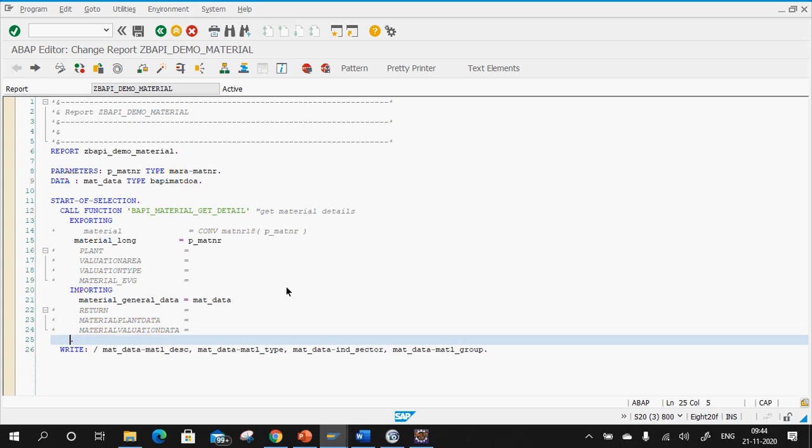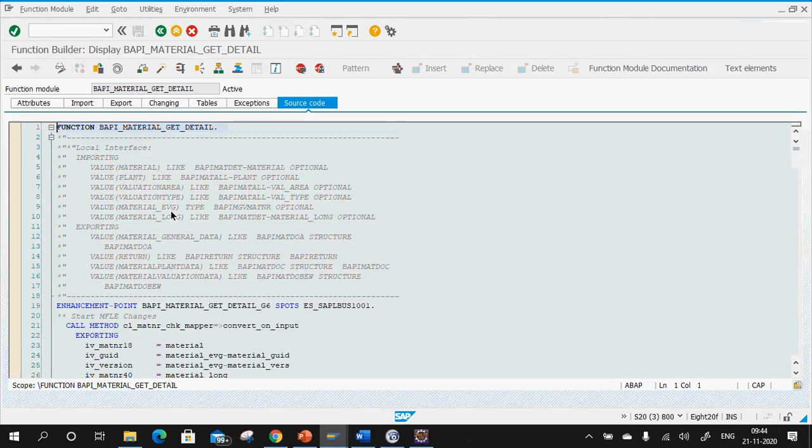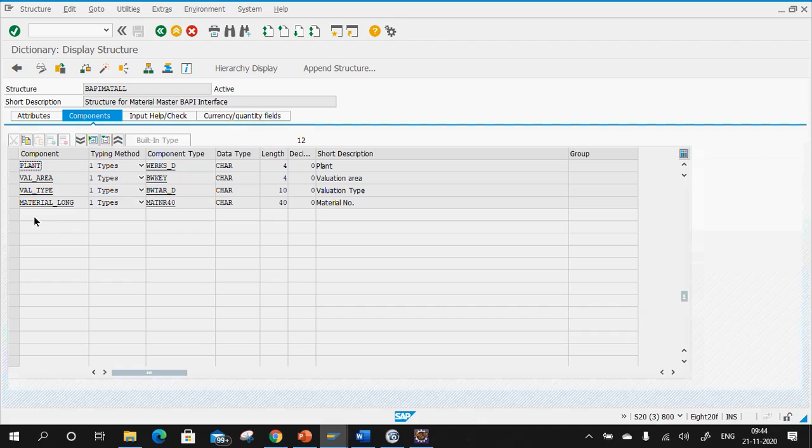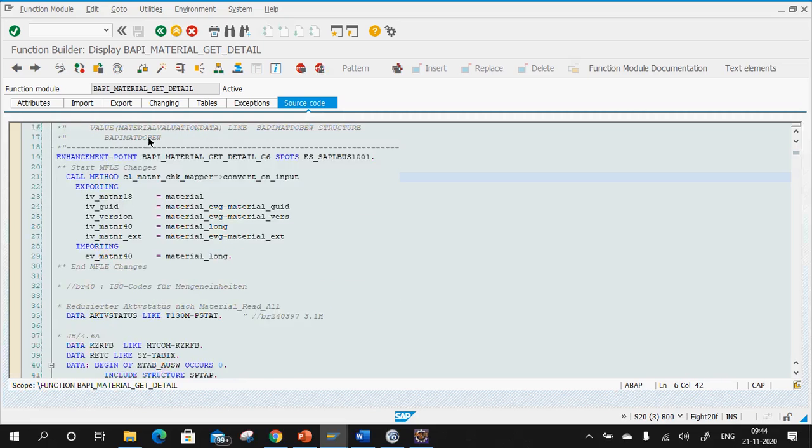What is the situation that you need to do? You need to enhance your BAPI. What I mean is, if you go to this BAPI, suppose you want to pass the data under your BAPI, for example BAPI plant. Double click on this. Suppose you want to pass any data here. What will you do? You need to enhance this, right? So you will create an append structure for the same, add fields here, and then pass the data by writing